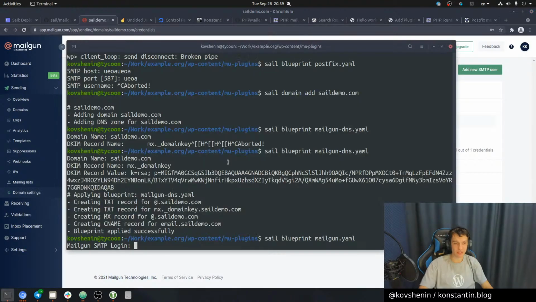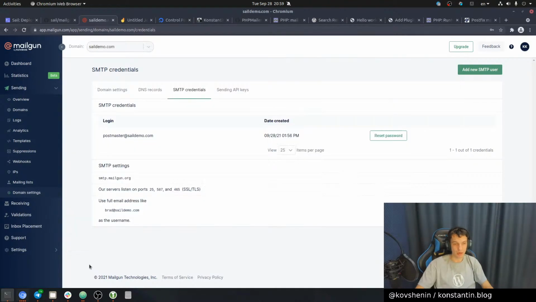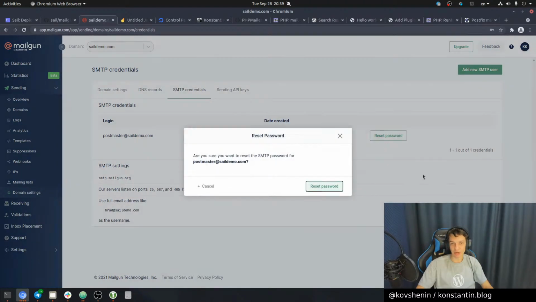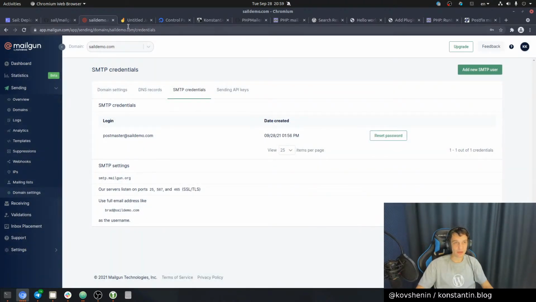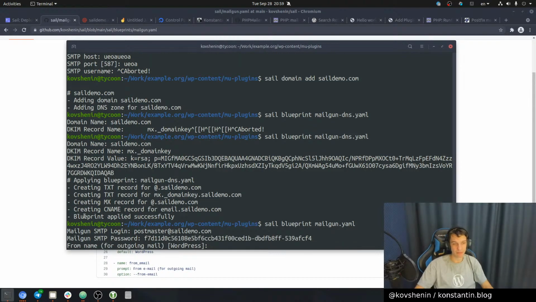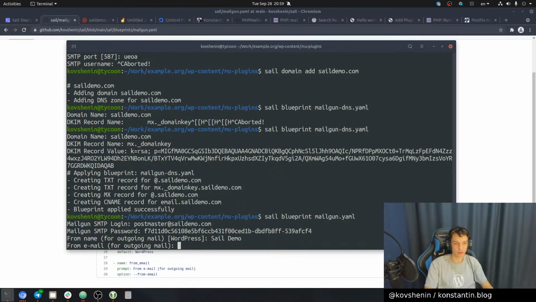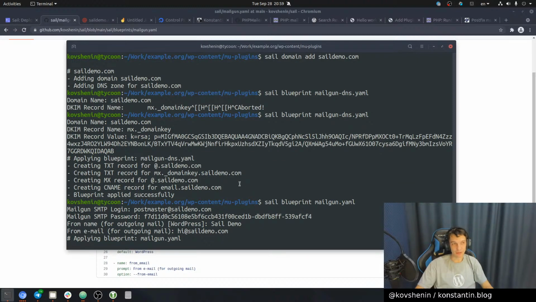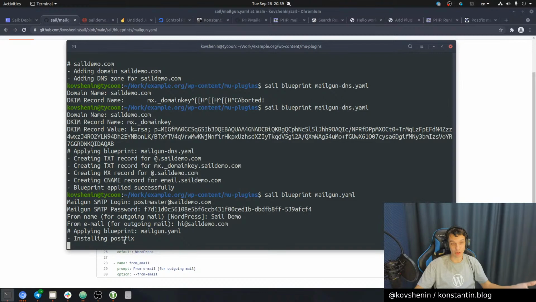So it's postmaster@saildemo.com. Mailgun SMTP password. I'm gonna reset it. I'm gonna copy it. And I'm gonna paste it. Bam. From name, outgoing mail, sail demo. From email, hi@saildemo.com. Applying blueprint. And now what this is doing is it's actually installing the Postfix software on my DigitalOcean droplet,